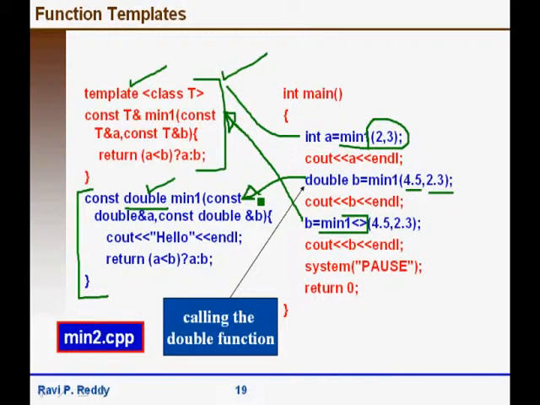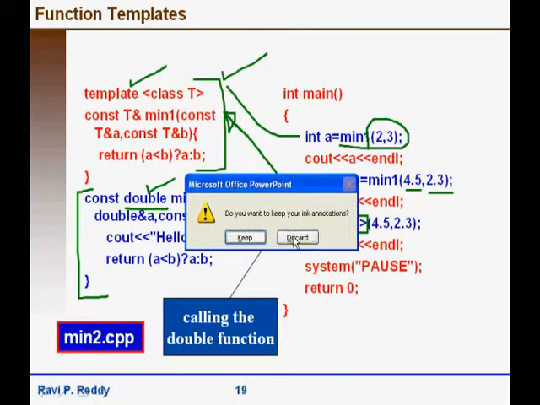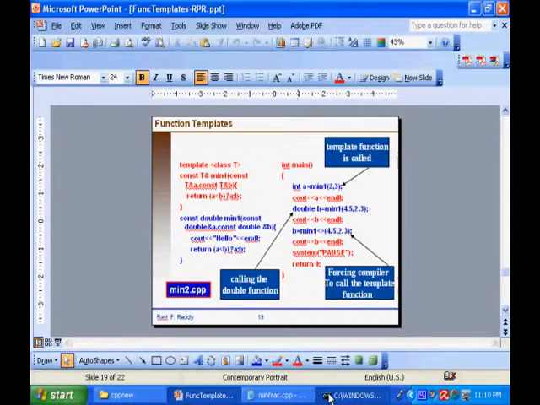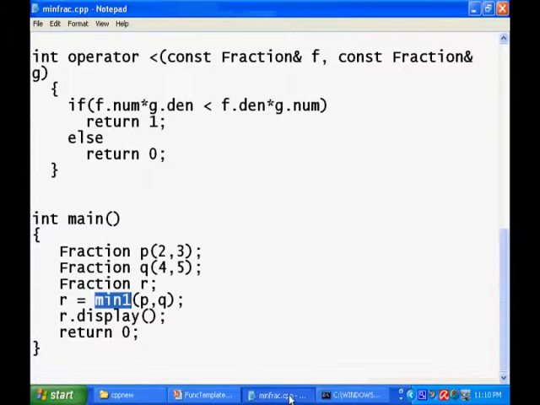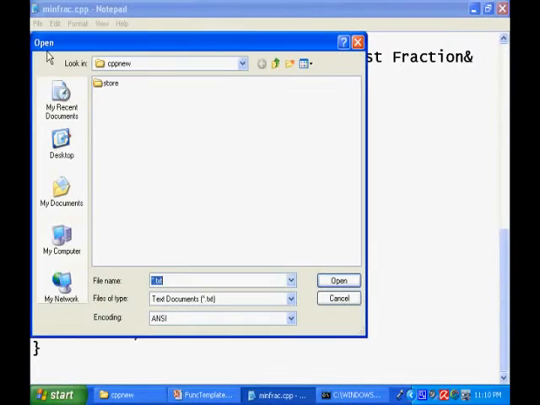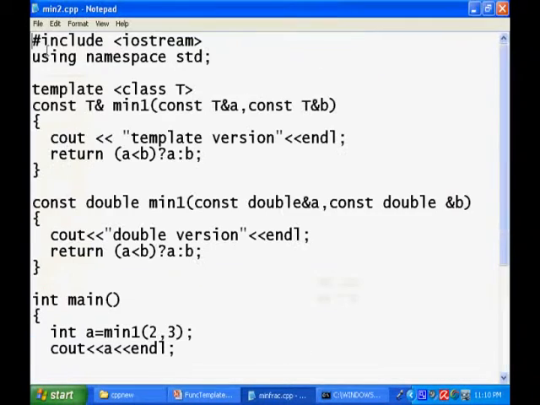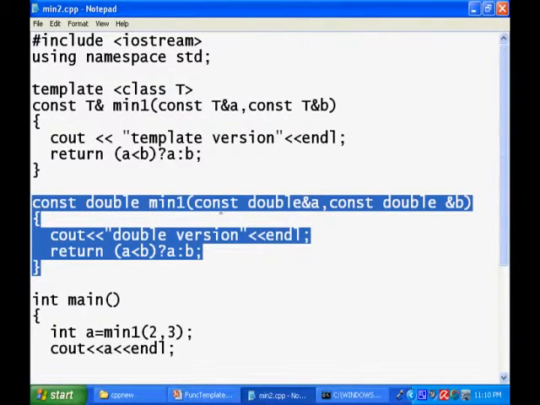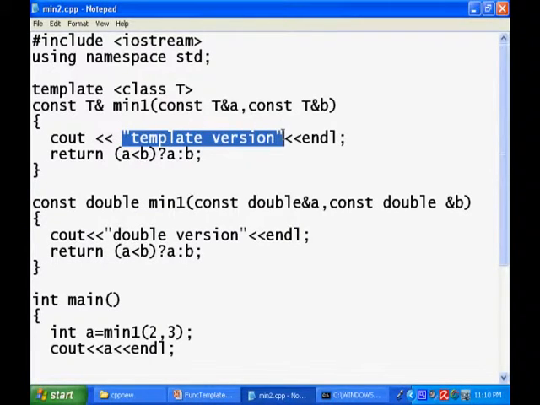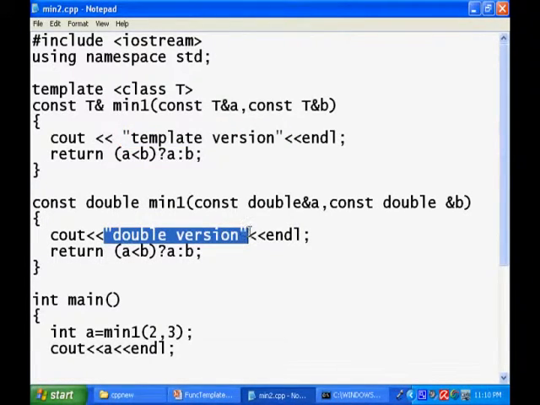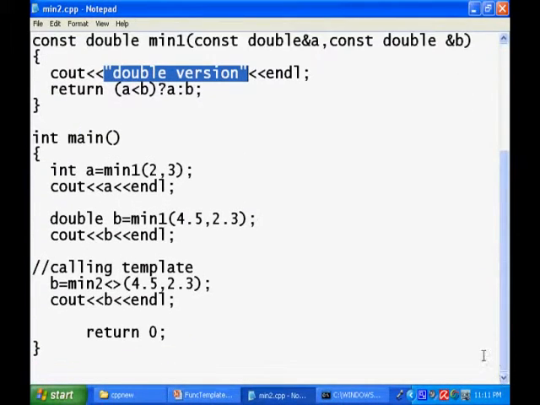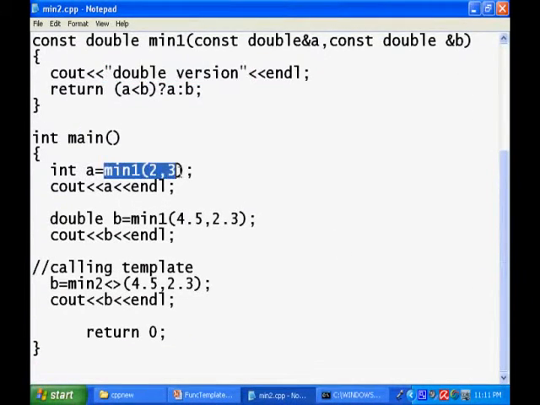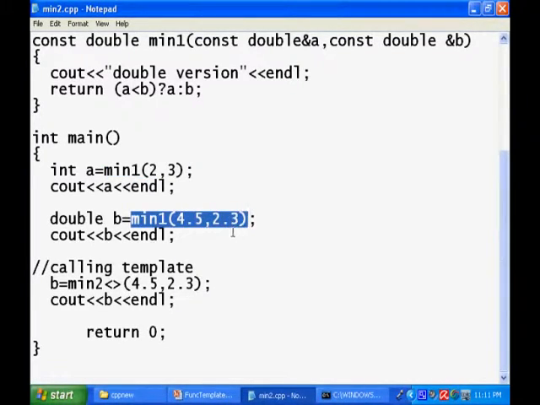Let's see this in the example min2.cpp. Here's our function template min1. Here's our specific version for the type double. Here it prints template version and does the work. It prints the double version and does the work. Now as we saw in the code, this one, min1 2 3, calls the template with the integer values. Min1 with doubles calls the specific double version,